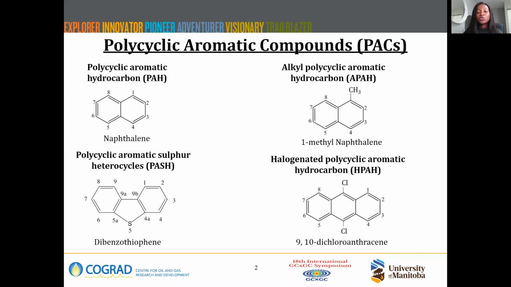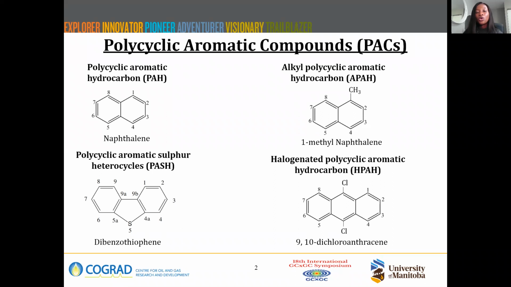An example that I'm showing right beside naphthalene is alkyl polycyclic aromatic hydrocarbon, where a naphthalene ring has a methyl substituent attached to one of the positions. And as we can see, we also have a polycyclic aromatic sulfur heterocycle, where a heteroatom, in this case sulfur, is embedded in the ring of PAH. Also, we have halogenated polycyclic aromatic hydrocarbon. In this case, I'm showing a 9,10-dichloroanthracene, where 2 chlorine atoms are attached to the backbone of an anthracene